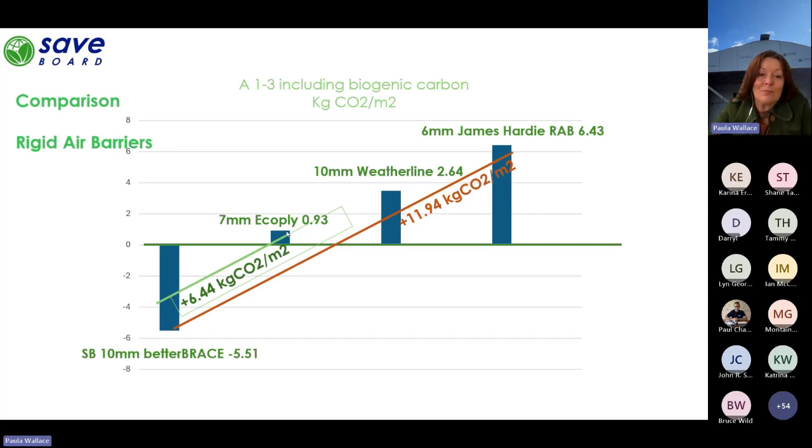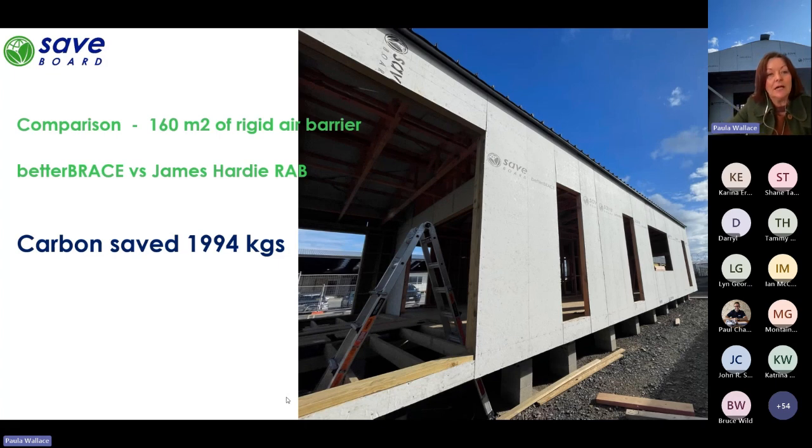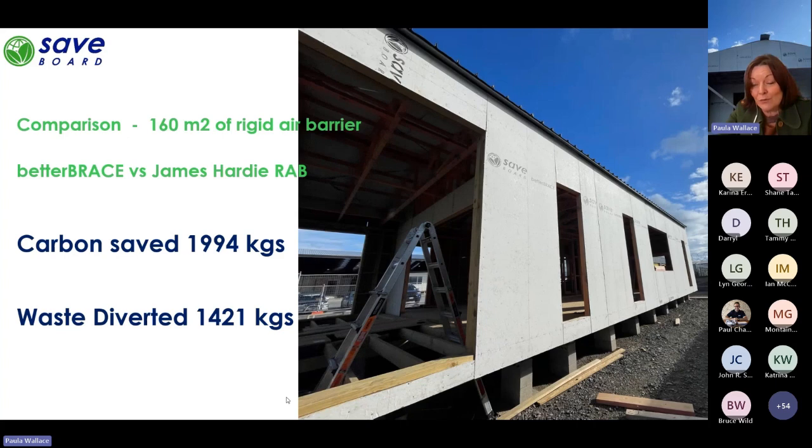If you were to use batter brace versus a 7mm EcoPly, the saving per square metre would be 6.44 kilos per square metre. And so on this example here, I have used a 130 square metre transportable home, which is using approximately 160 metre square of rigid air barrier. If we compare a batter brace against a 6mm RAB, the total carbon saved on this project, 1,994 kilos. And the waste that would be diverted from New Zealand landfill,